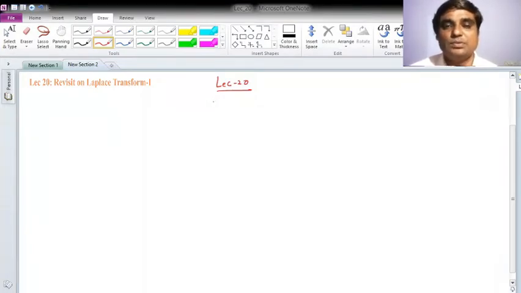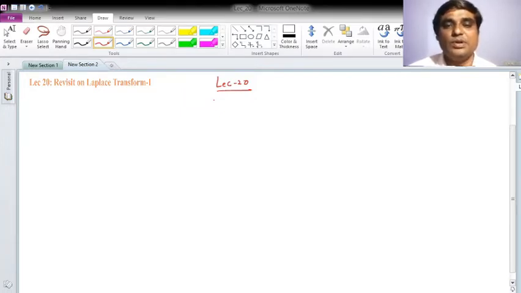Till now, up to lecture 19, we have seen the analysis of our circuits using the time domain approach. That is, we have used the differential approach and tried to find out the particular voltage or current for a particular excitation, right? Now in this class we will see how the same circuit can be analyzed in the frequency domain.